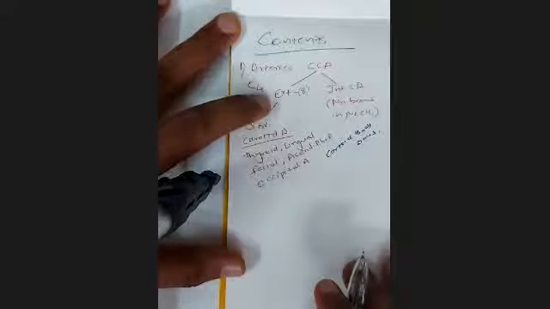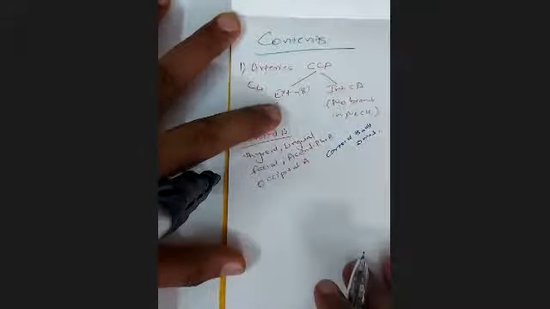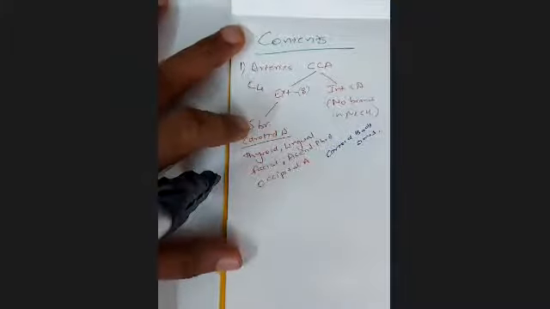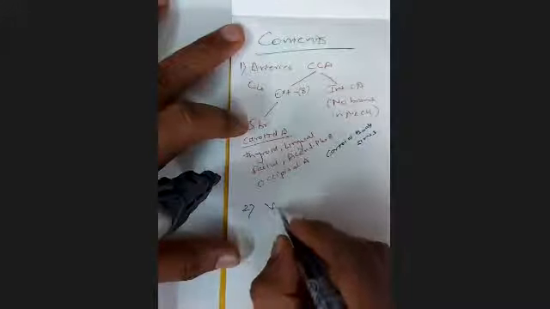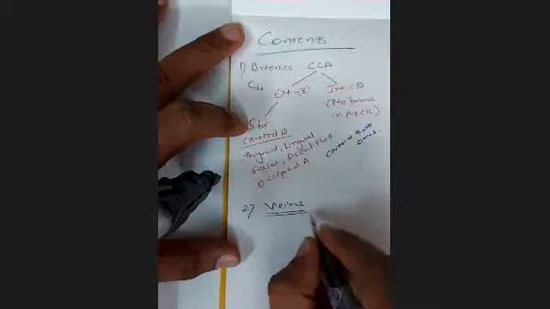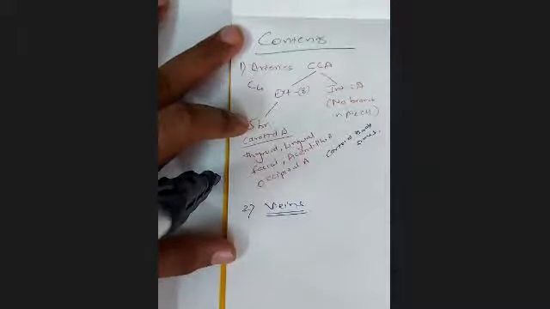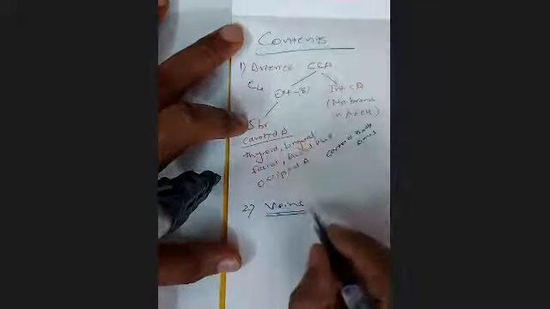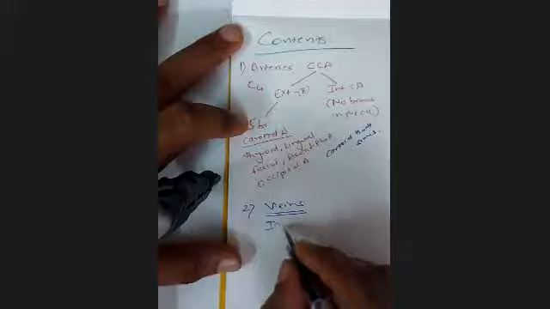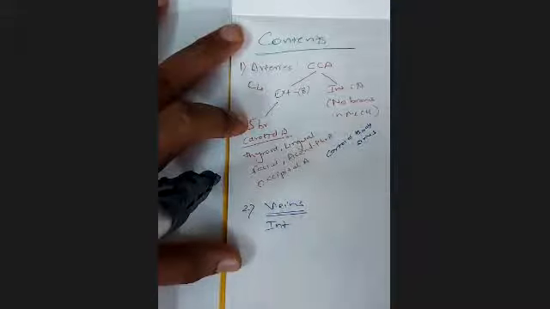It divides at the level of C4, the upper border of the thyroid cartilage, into internal and external. Internal doesn't give any branch in the neck. External carotid gives 5 branches: thyroid, lingual, facial, ascending pharyngeal, and occipital. Second, veins. Running along with the carotid is the internal jugular vein. They are part of the carotid sheath. Three structures lie in the carotid sheath: the carotid artery, internal jugular vein, and vagus nerve.